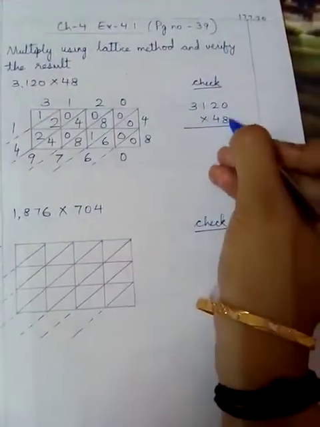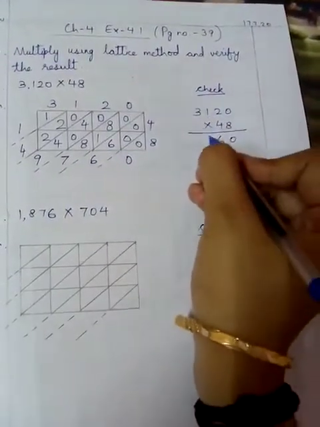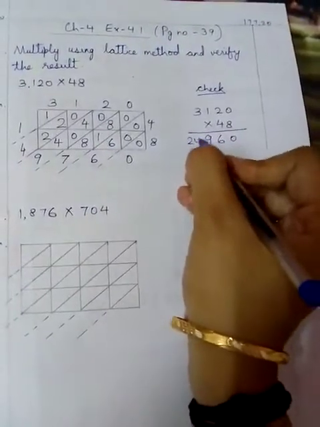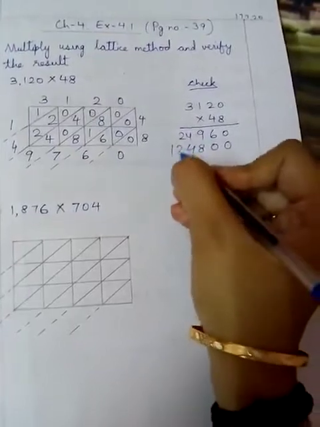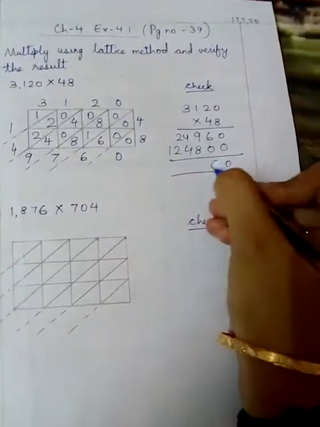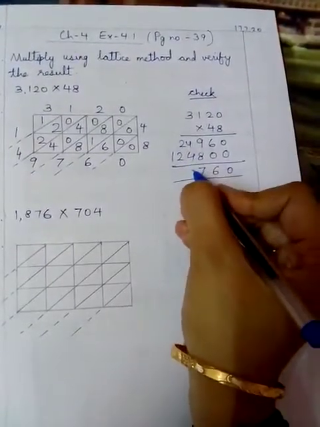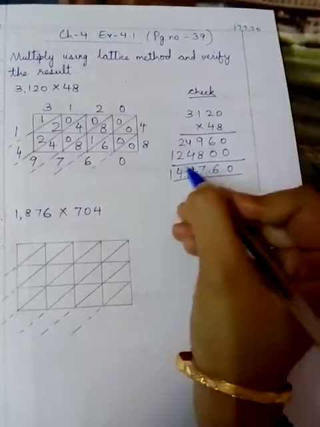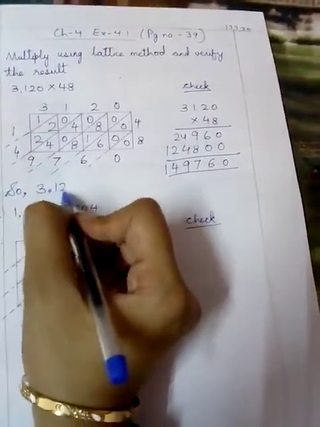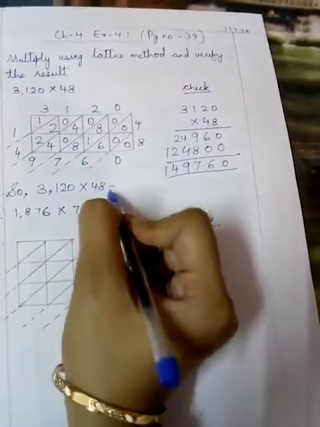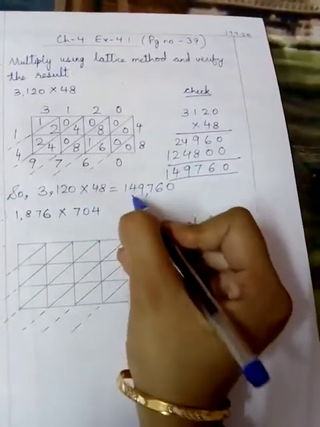Let us check. 8 zeros are 0. 16. Carry 1. 8 ones are 8. 8 plus 1, 9. 8 threes are 24. 0. 4 zeros are 0. 4 twos are 8. 4 ones are 4. 4 threes are 12. Let us add 0, 6. 8 plus 9 is 17. Carry 1. 4 plus 4 is 8. 8 plus 1 is 9. 2 plus 2, 4 and 1. See, the answer is the same. So we will write, so these numbers on multiplication will give us this. How will you read this?